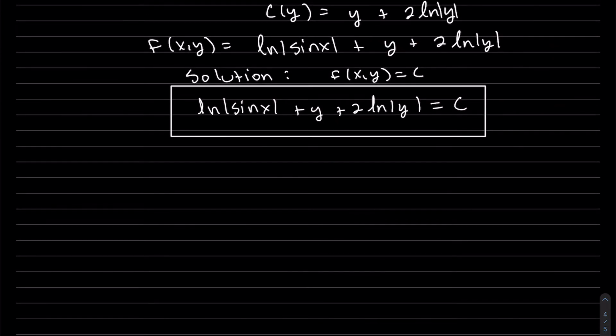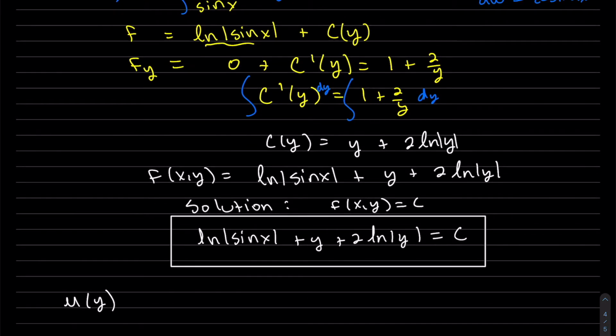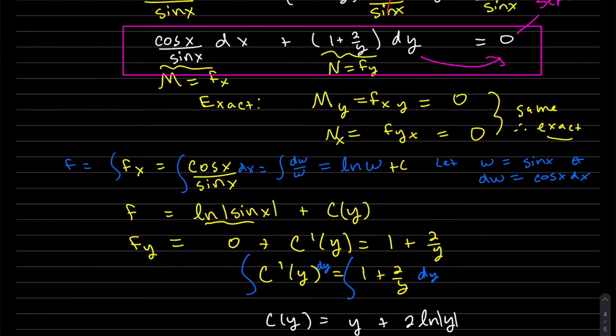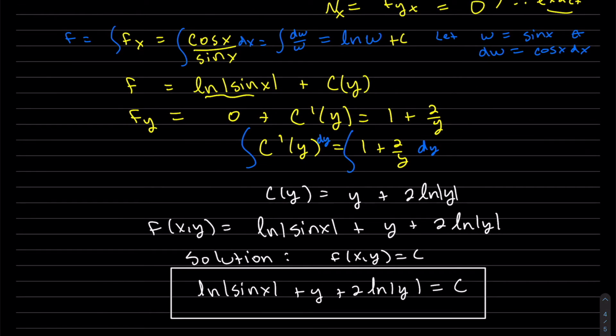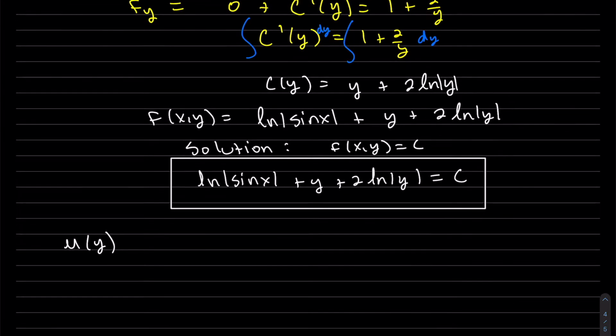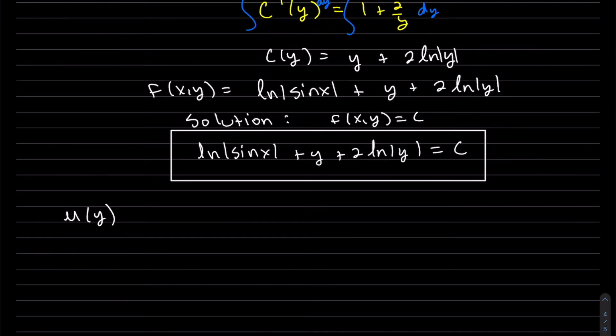Okay, so now let's do it the other way. See if we can do it both ways. Sometimes you can, sometimes you can't. The reason why you know that you can't do it is when we find our mu of x, if it ends up being in terms of x and y, you can't do it, okay? Because we said mu of x is going to be in terms of x. Same with mu of y. So mu of y, the formula,